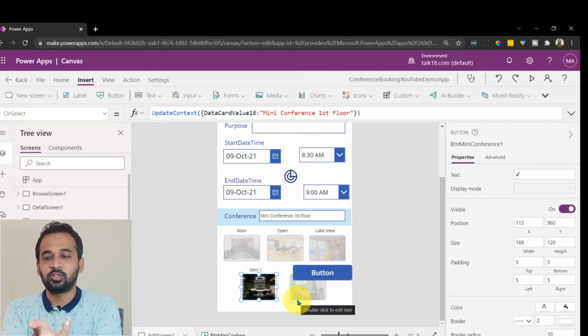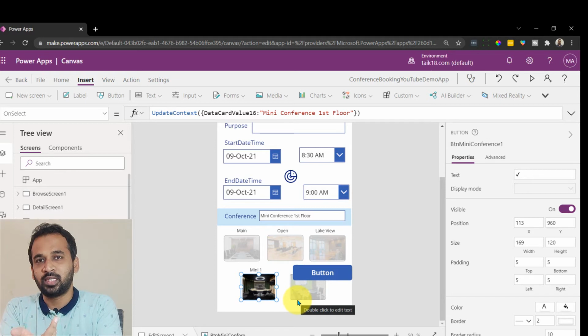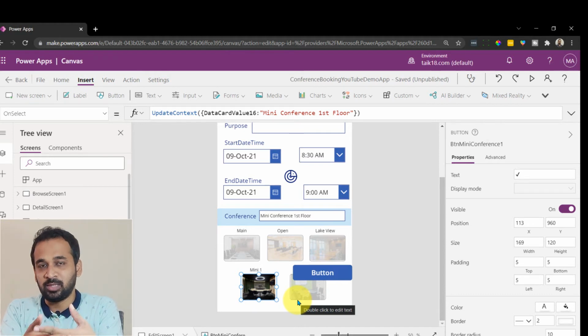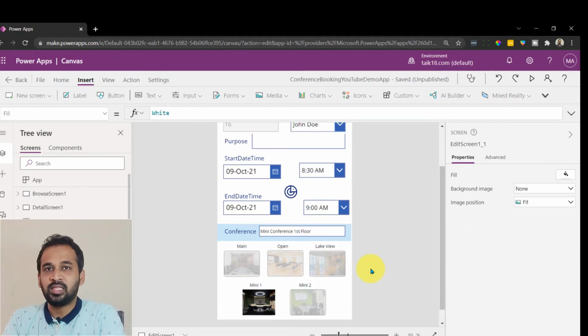So what we did so far is we added an image and we added a button, and for the button we set the transparency color on the mouse hover, and also when it is pressed, and also when it is disabled. So right now the UI is ready, right? So this is how we can do that.